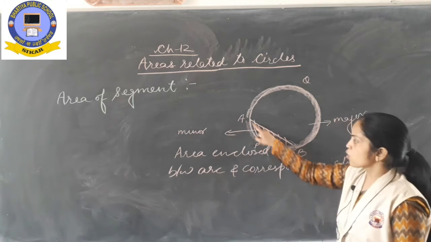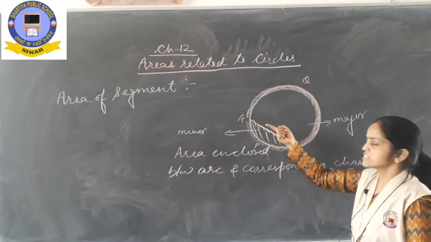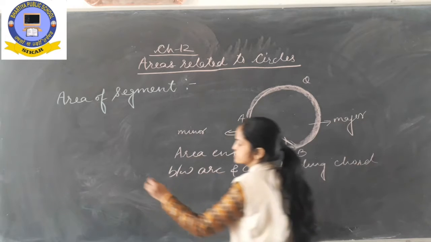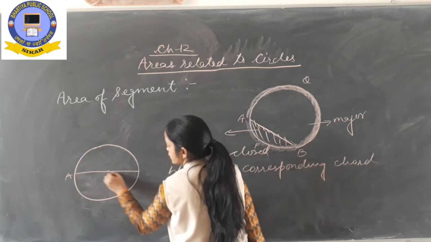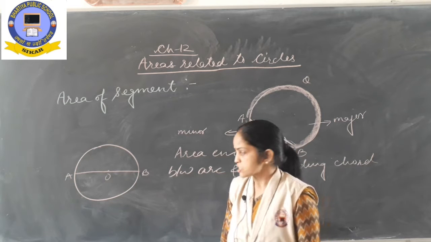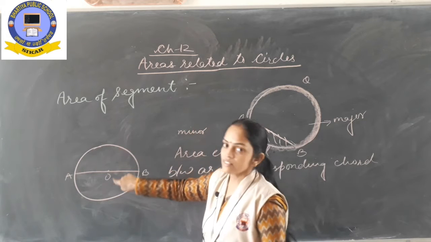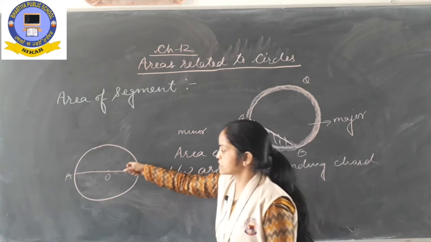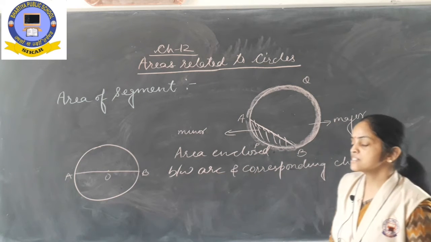So we can say that a chord of a circle divides a circle into segments, minor and major segment. But if that chord is a diameter, then both the segments will be semi-segments. Both the segments will be the same. Now see, if a circle is given and I have drawn its diameter AOB, and we know that the diameter is the longest chord of a circle. So this diameter, this longest chord AB, divides the whole circle into semi-segments. Both the segments are equal. So we can't say that this one is major and this one is minor. Both are equal segments, so both are known as semi-segments.